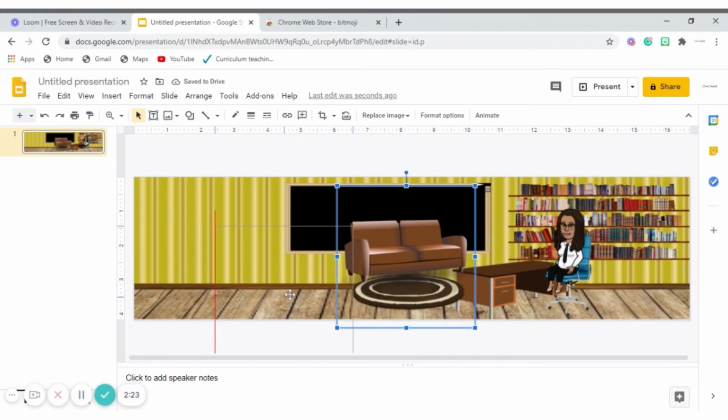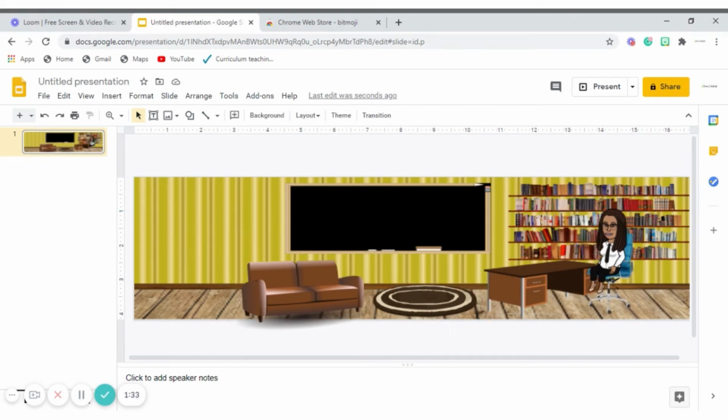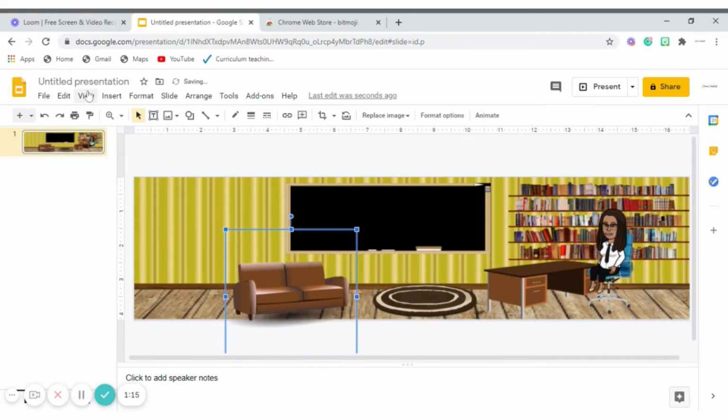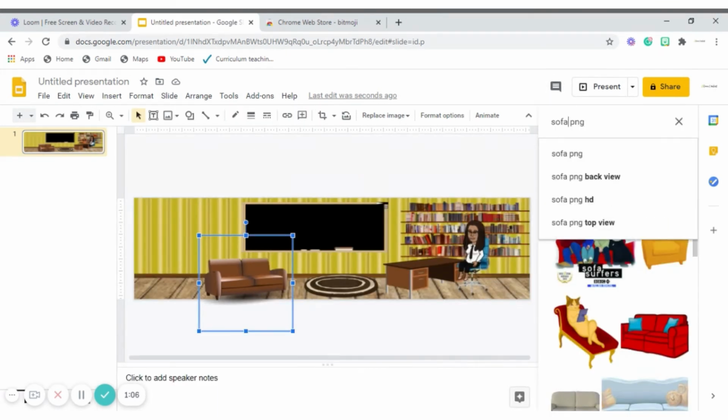And then I'm going to take my couch over. Hold on, I think I need to bring these over a little bit. Image again. So guys, basically you're just inserting images and placing them however you want them to be placed